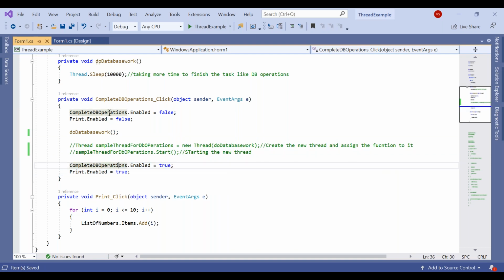In this method, I am just putting the thread to sleep for 10 seconds. Ideally, this is just a sample example; here our actual database operations will come, and they will take time in real-time scenarios. But for better understanding, I'm setting the system idle for 10,000 milliseconds, which is equal to 10 seconds. Now I'm executing this application.